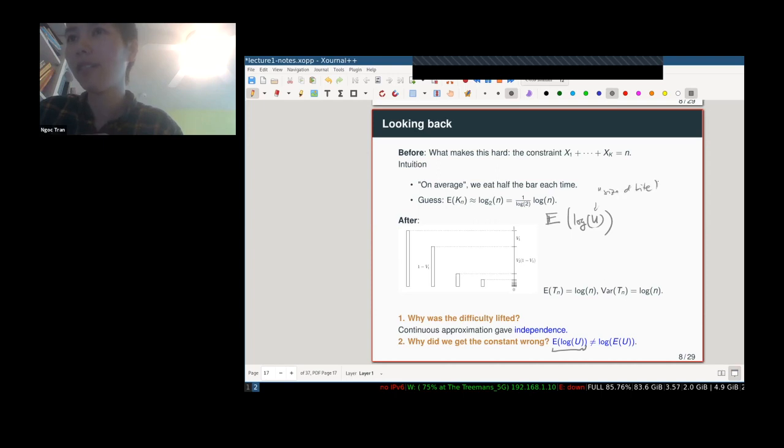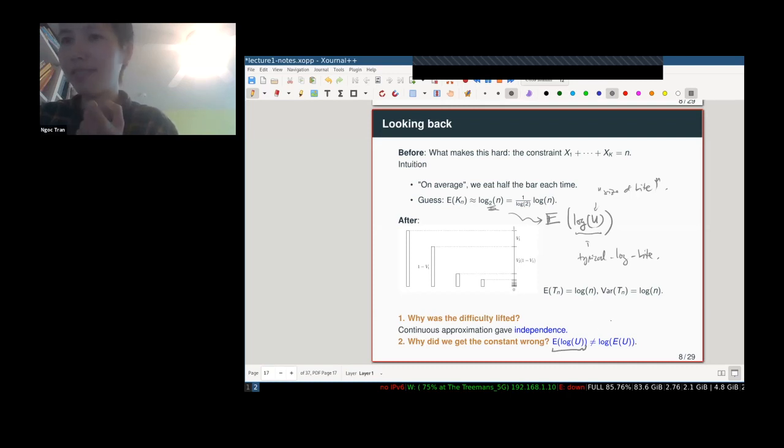After this log transform, log of u is like the size of a typical log byte, and this a half came from making reasonings about the size of a typical log byte. Yeah, but what actually happened was,